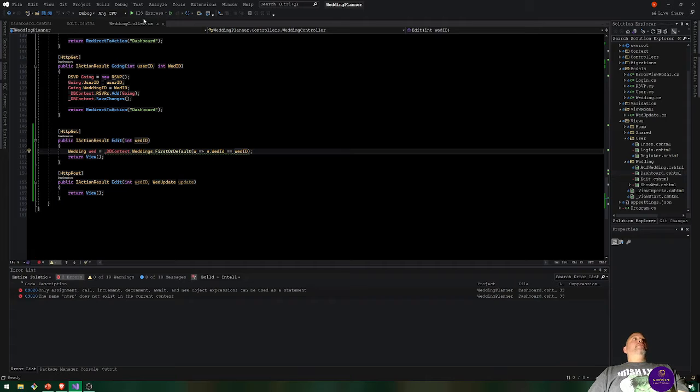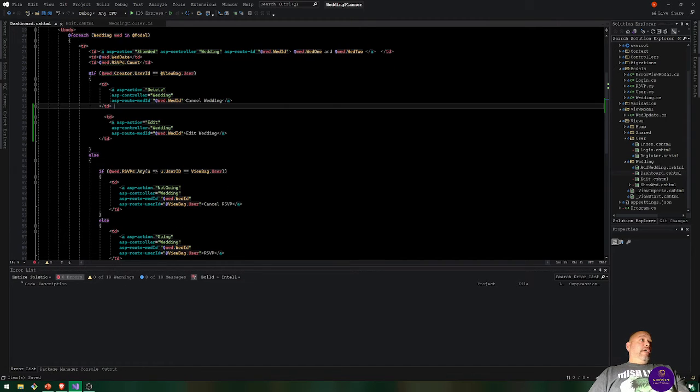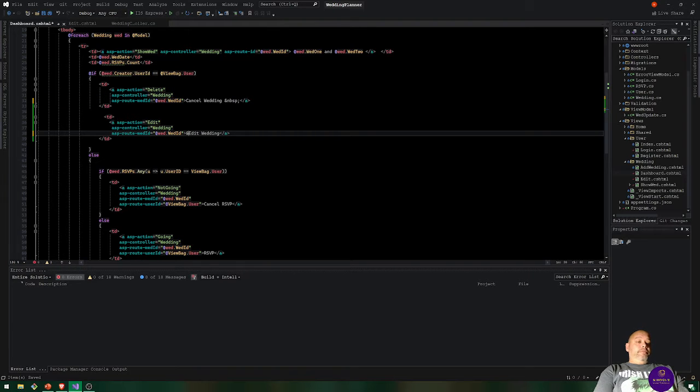But wedding controller now has, where are we going? The dashboard now has this. I actually did this last time. And I don't know what the issue is there, but we're going to save that so we can get rid of that error. I literally had it there last time. Oh, you know what? I probably had it in here. Like this. And non-breaking space. See, now it's like, yeah, I know what it means. Stupid thing. And I'm going to put 2 non-breaking spaces